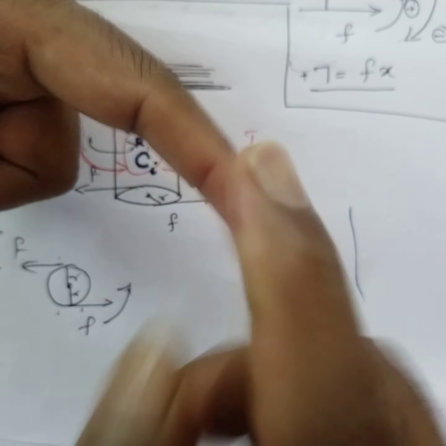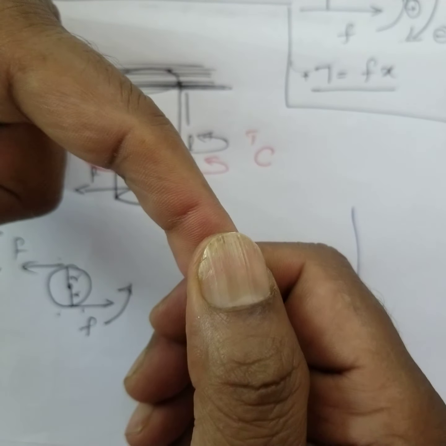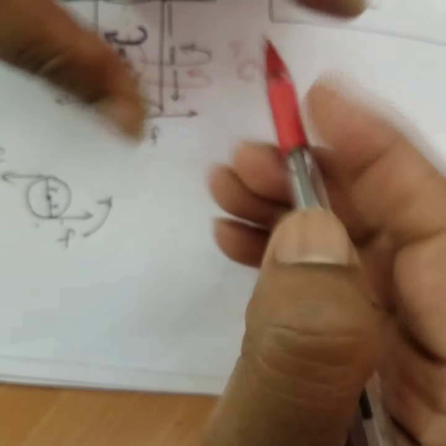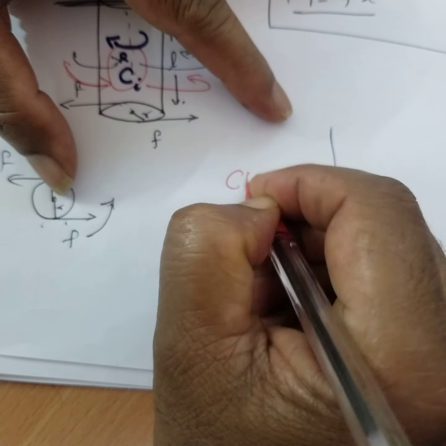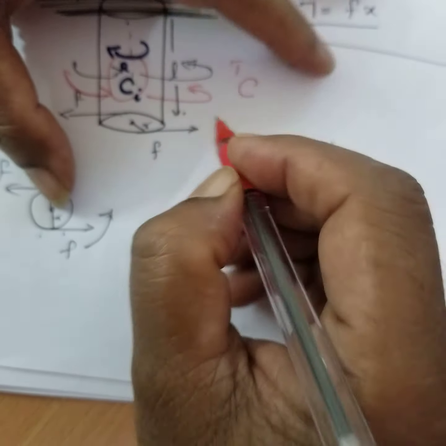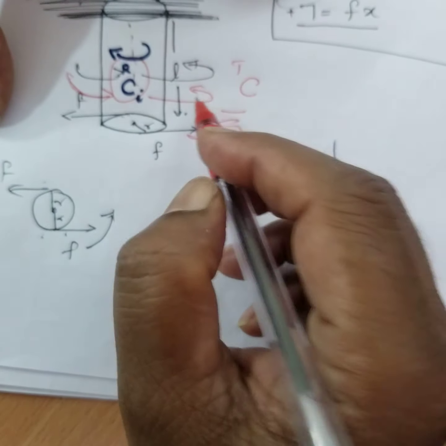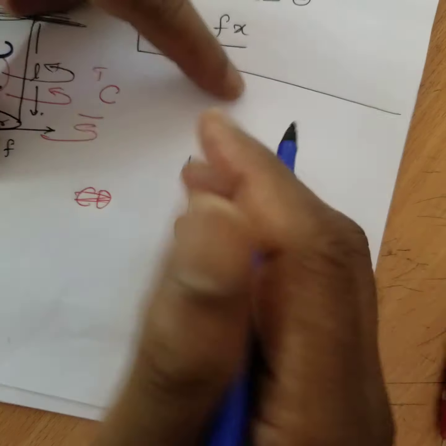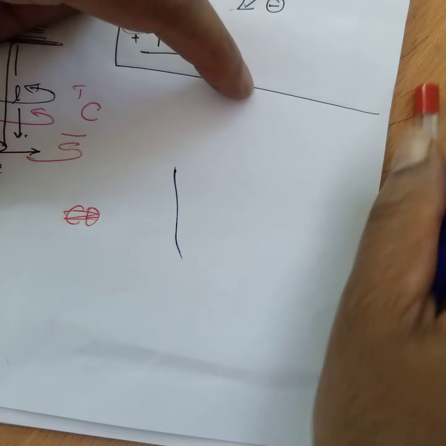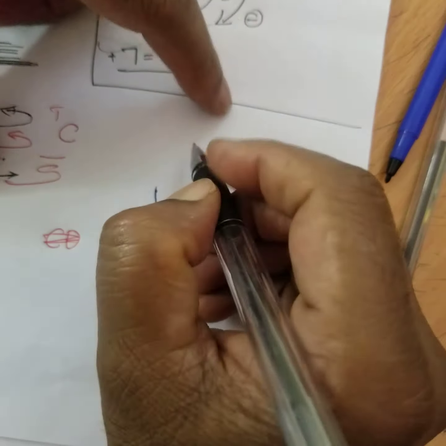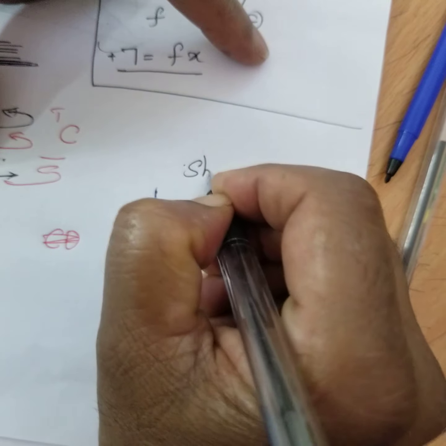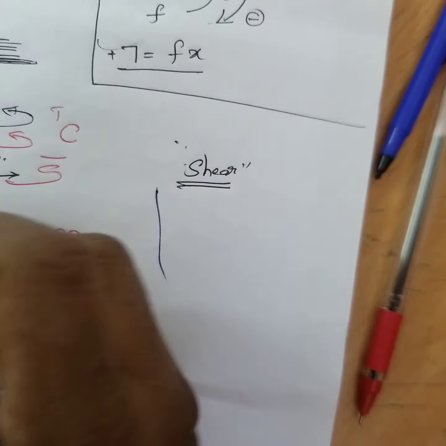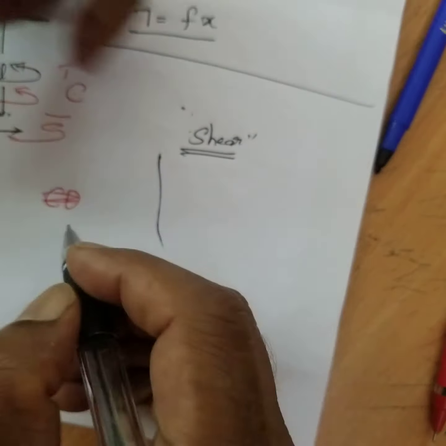The applied twisting force is equal to the restoring force under equilibrium. This is called the applied couple, which you can call the twisting couple. Now remember, first you must know what twisting or shearing is. This is called shear. We use the word shearing force, whatever force I apply, not the normal force.